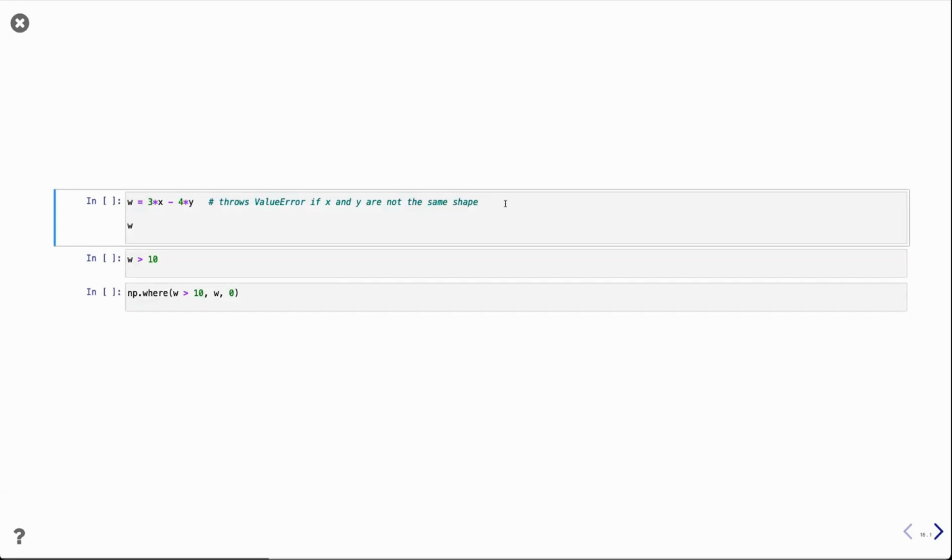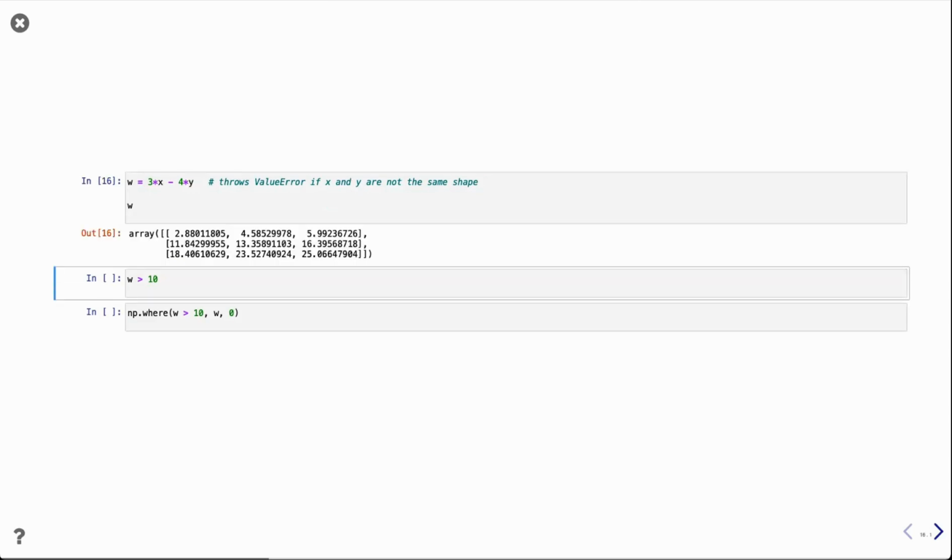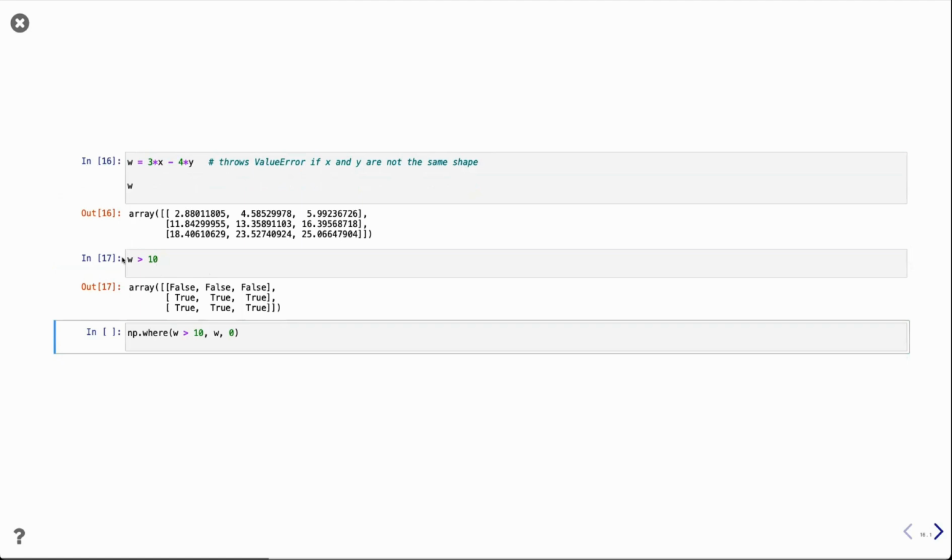As I said, we have these element-wise array operations. And so for example, I previously defined 2 arrays X and Y, which are of the same shape. And therefore, if I want to, for example, create a new array W, which is 3 times every element of X minus 4 times every element of Y, then I can do that with this simple operation here. I can execute logical operations on this. So I can execute the operation W greater than 10, and that